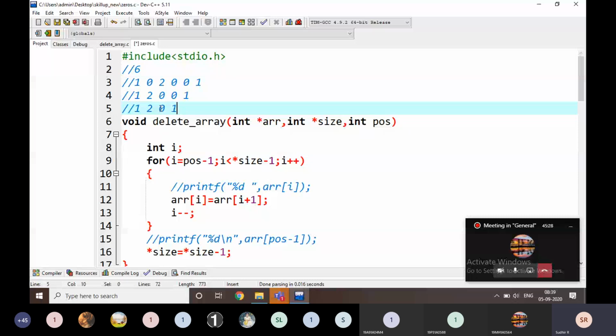If there is no i--, then i becomes i++ and this value is not checked. That's why I am writing i-- here. Then i goes backward, and in the next step i++. Then 0 is going to be checked again. Yes, this is the 0 again and it is going to be deleted.